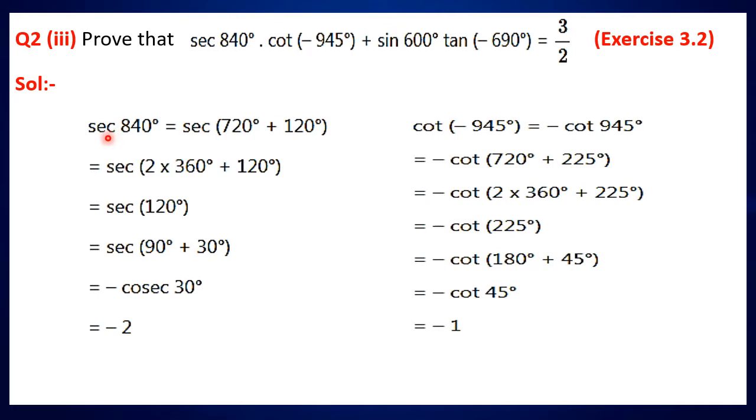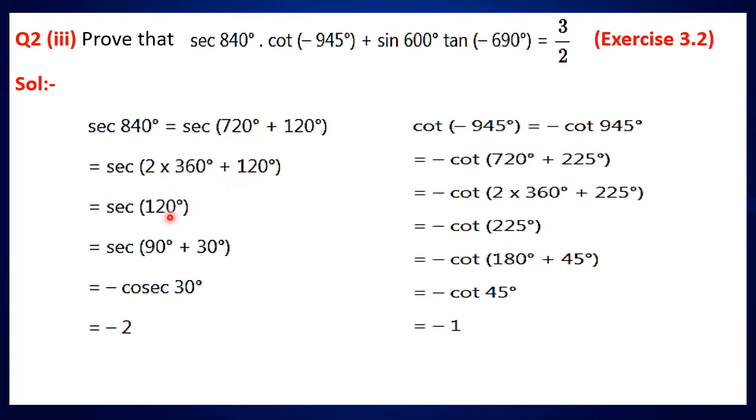Here first one, sec 840 degree. Sec 840 degree can be first rewritten as 720 plus 120. Here note that it is not acute angle. Now 720 degree, you can directly write 810 degree plus 30 also. But I used this method here. Sec 720, that is 2 into 360 degree, that is even multiple of 360. So the same function will come. But we cannot write the negative sign here because we are not using acute angle here.